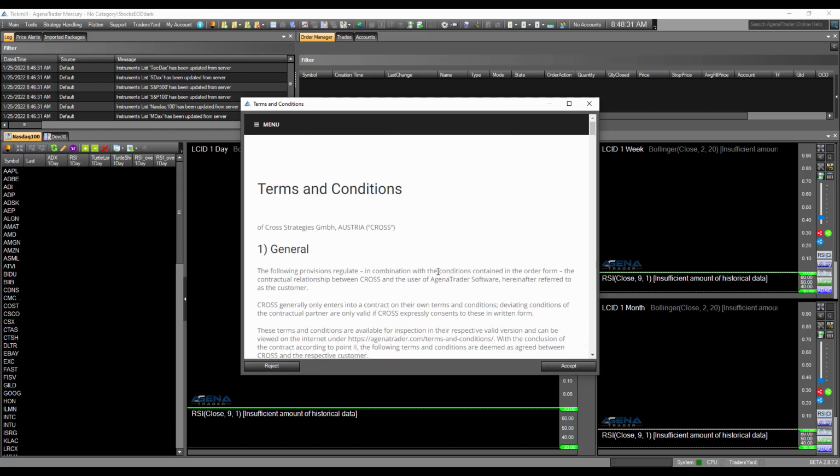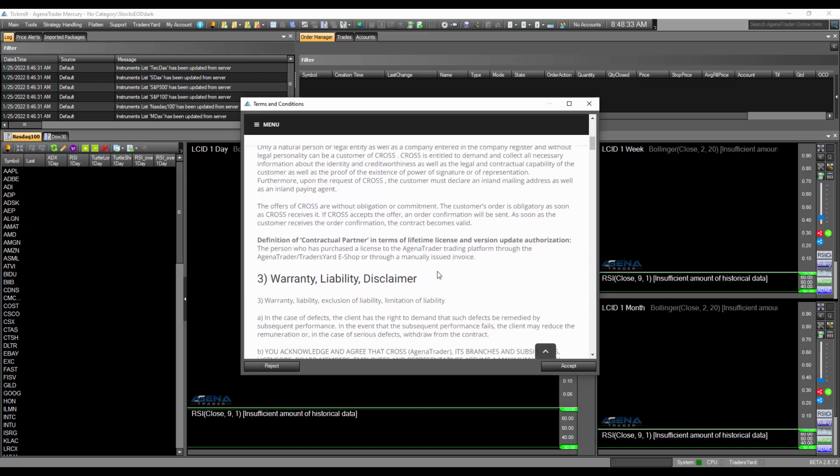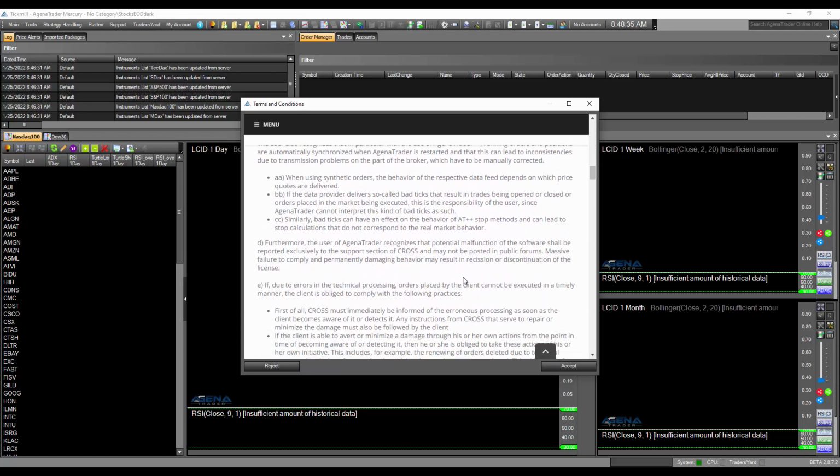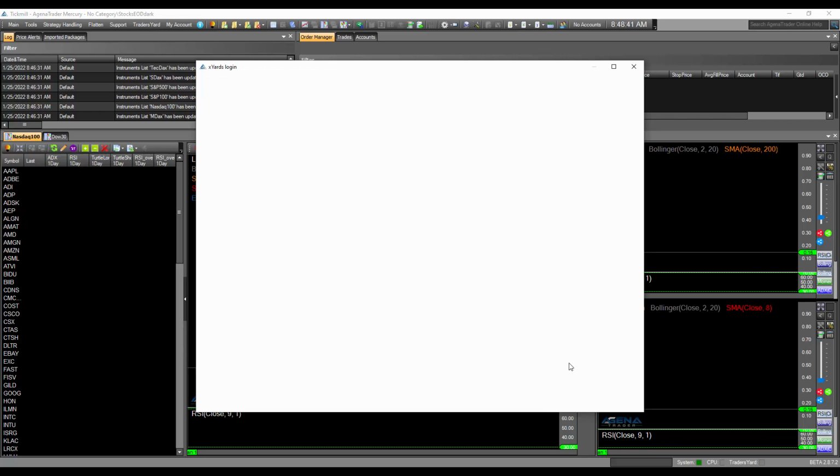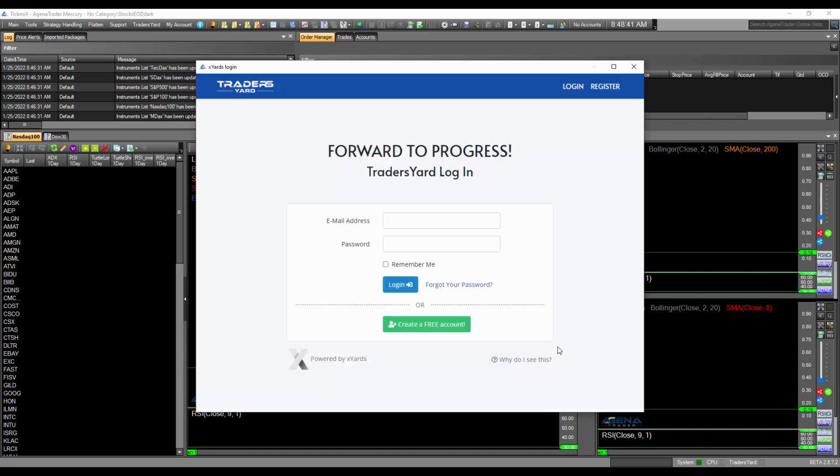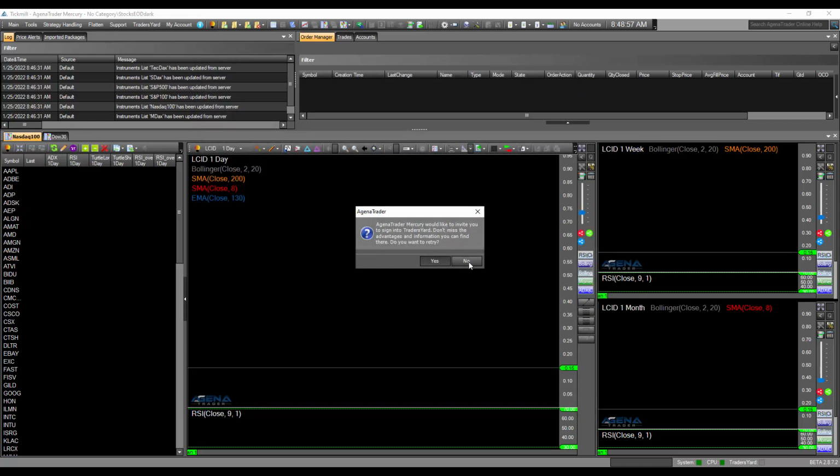Here you see their terms and conditions. Please read them carefully and press the Accept button. If you have Traders Yard credentials, please enter them now. If you don't have, you can also cancel this pop-up. Yes, no,